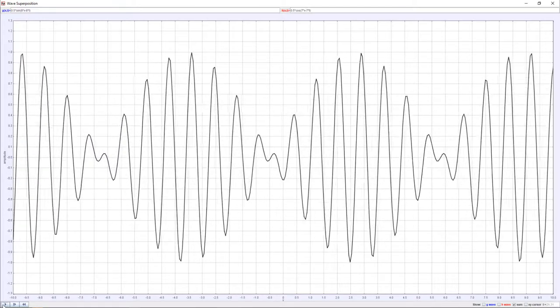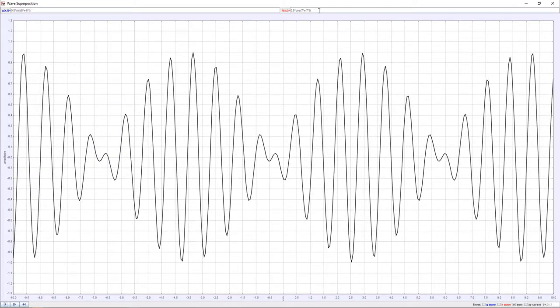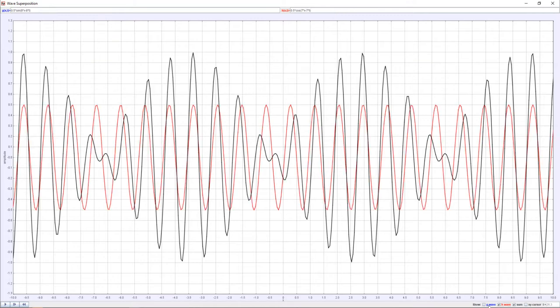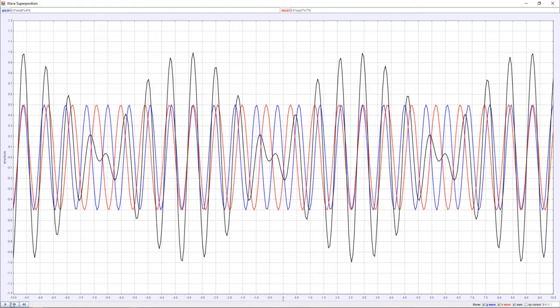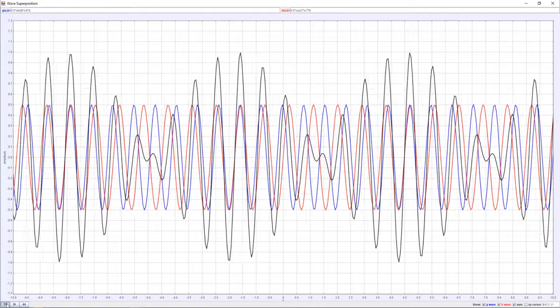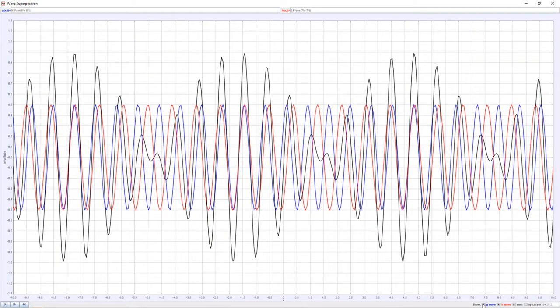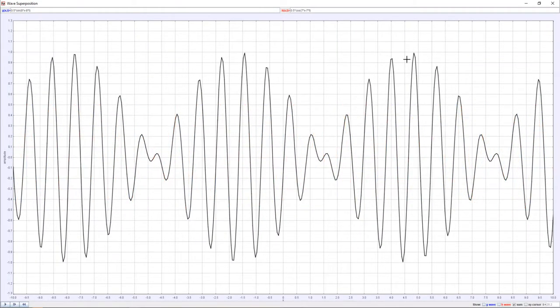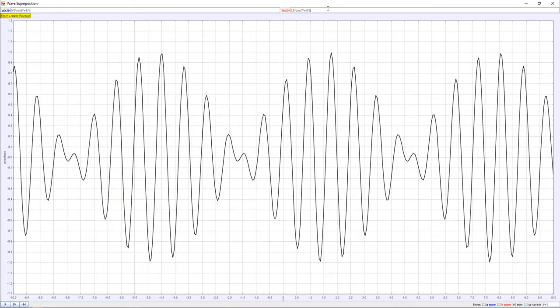Now let me go ahead and change the red wave. When you put them all together, it's sometimes a little hard to see what's going on, so I'm just going to keep the blue and the red off and just look at the sum. This is the sum. I'm going to change the red wave just by a little bit. I'm going to make it 6 for omega instead of 7, just so that it has a different speed